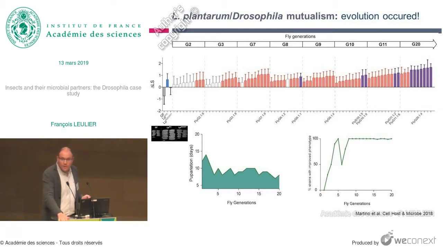So first, we were very happy to see that when we started the experiment, in the first generation, it's about 12 to 13 days between the egg and the adult stage. And then very quickly, after a few fly generations in the protocol, we had new flies emerging, with pupae emergence in about a week. So we already had acceleration in the system. That was a very good sign.